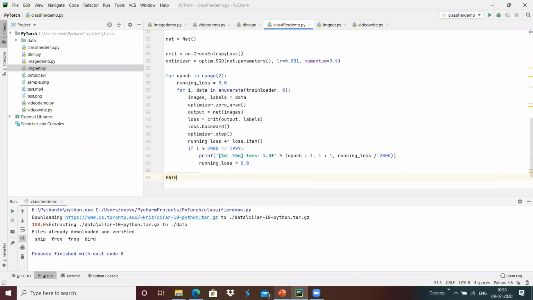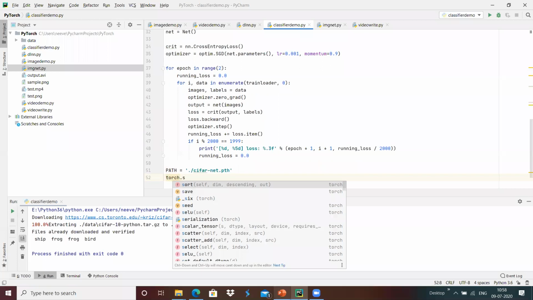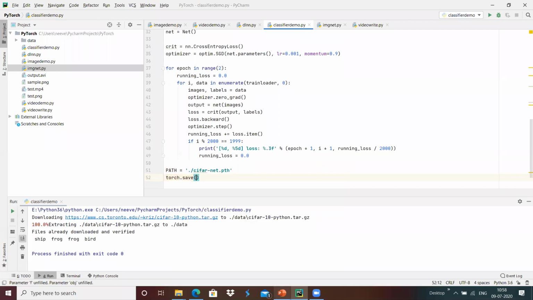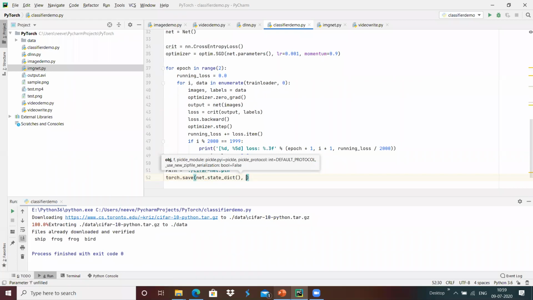Path equals something like ./cifar_net.pth, and we use torch.save with net.state_dict() and save it into the path. This is the model we have created using the images.